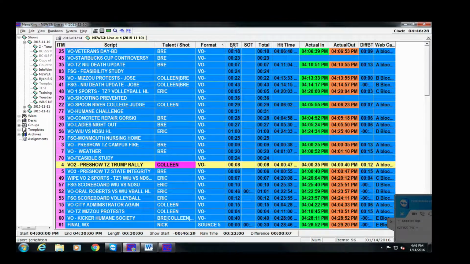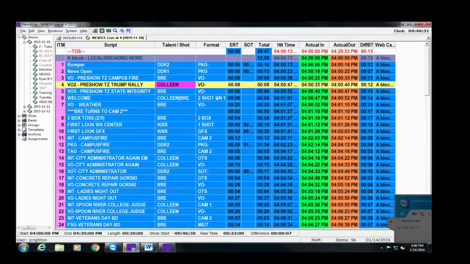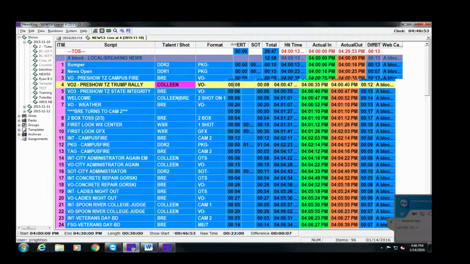let me go back real quick. Okay. If you ever do that, if your rundown ever looks really wonky and there's something wrong with it, it's because you probably sorted by one of the columns, and all you have to do is click through it until it looks right again, and you know the numbers are to the left, so you know that's correct. So we know we have a 2-shot on camera 1 here in the format column, which means that someone, meaning